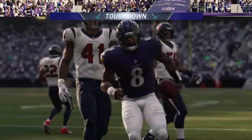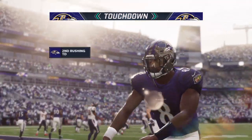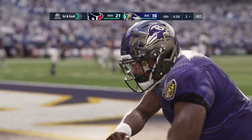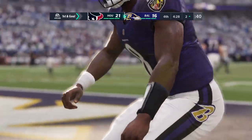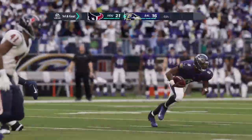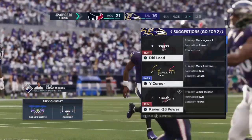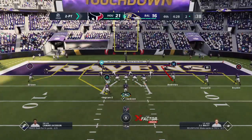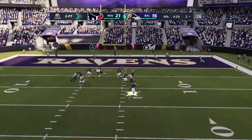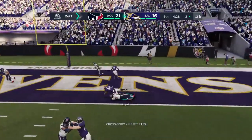And he is into the end zone for a Baltimore touchdown. Lamar Jackson, his second touchdown of the afternoon. And the Ravens have cut it to within a score. Well, that was all Lamar Jackson all the time on that drive, both through the air and in the end with a touchdown run. Yeah, how about him doing things a little bit on the reverse side there, Brandon, because